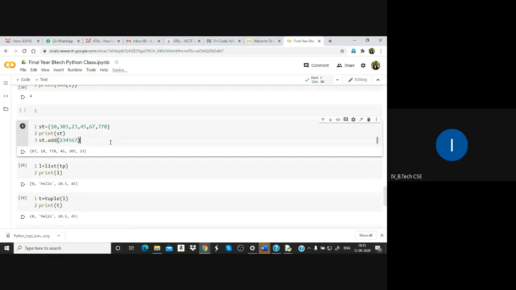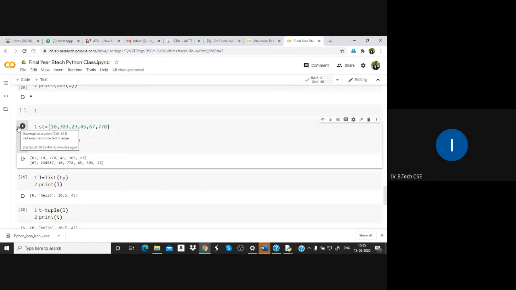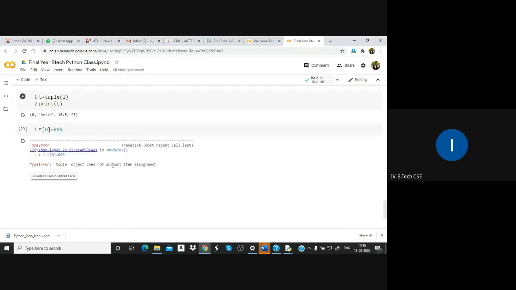Now print st. Now you see this number is added, like this.